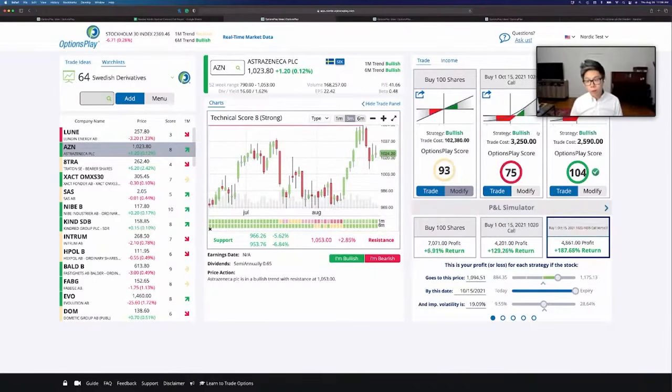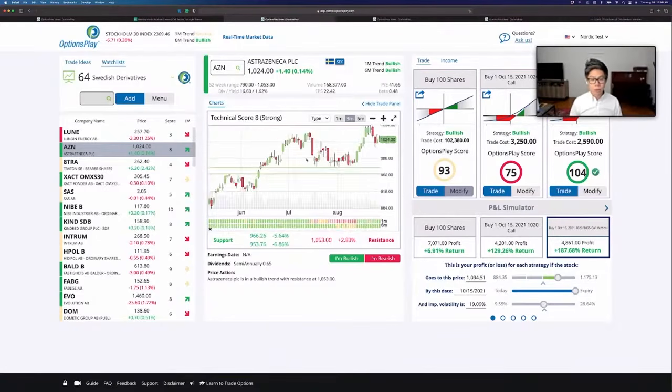And we will always compare 3 strategies for you, such as buying the stock. If you're brand new to options trading, you're probably familiar with buying the stock. Then the simple option strategy, buying a call option, something that Phil referenced earlier in the session, and also a more advanced strategy, a vertical spread. And even if you don't know anything about these 3 strategies, you can compare them side by side.